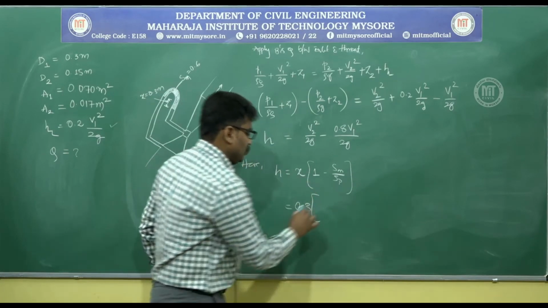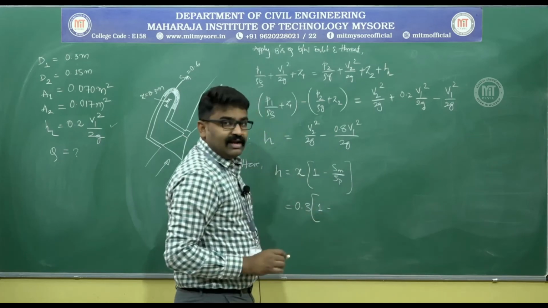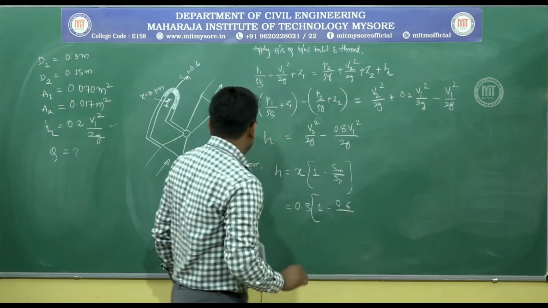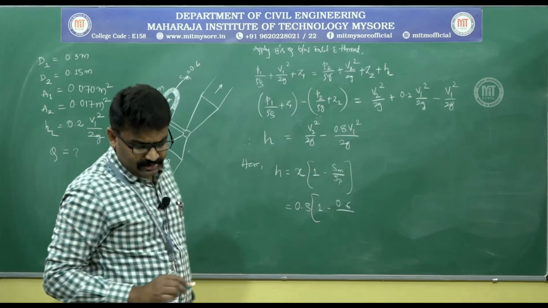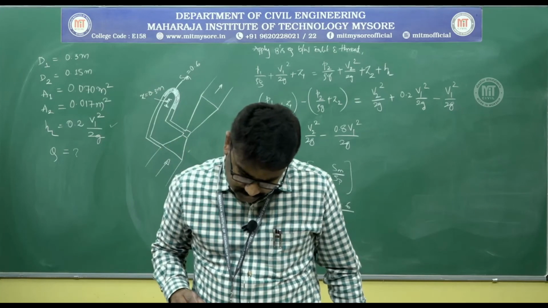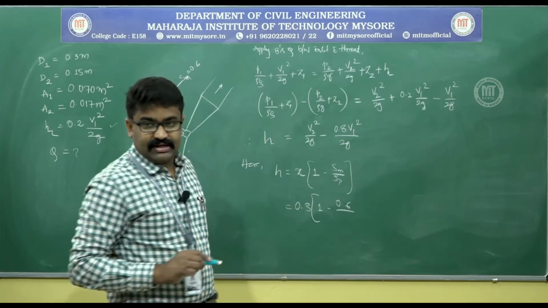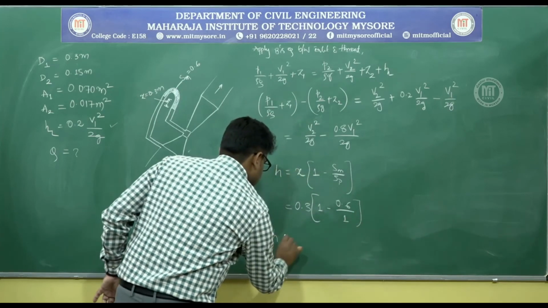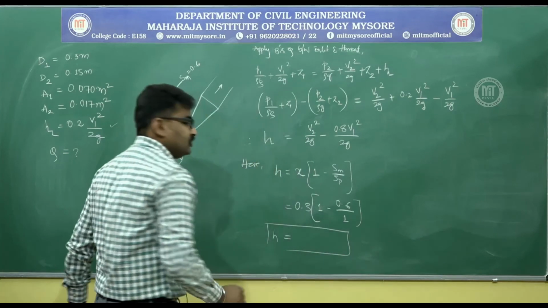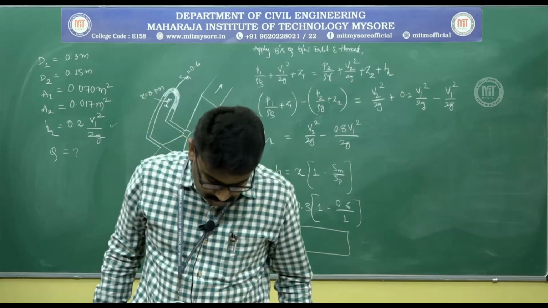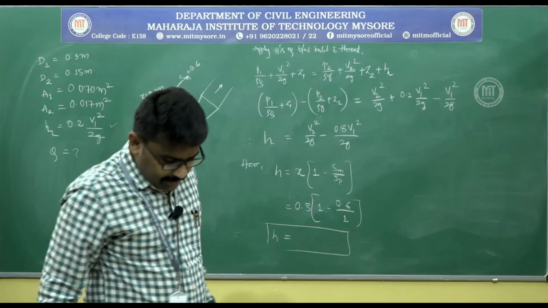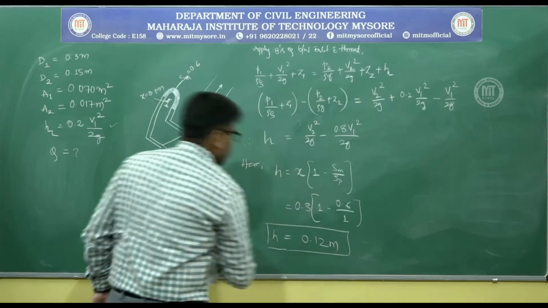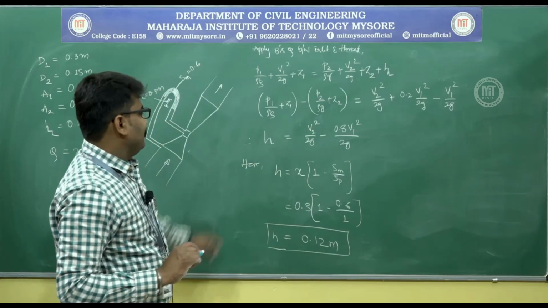H is equal to 0.3 into (1 minus the specific gravity of the liquid in the manometer, which is 0.6, and that in the pipe). What is flowing in the pipe? Has he given it? Okay, the discharge of water is mentioned in the problem. So it is 1. So you will end up getting H, using your calculator, H will be equal to 0.12 meters. Now, you have the left hand side ready.